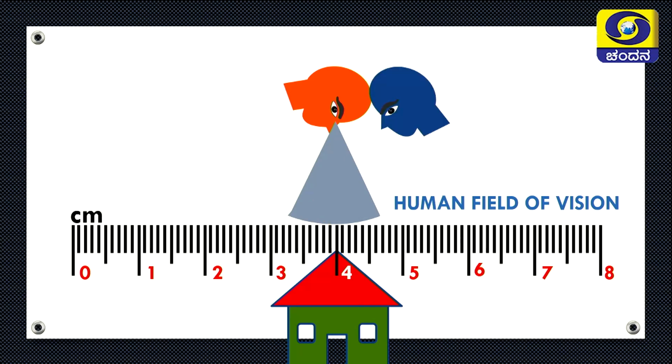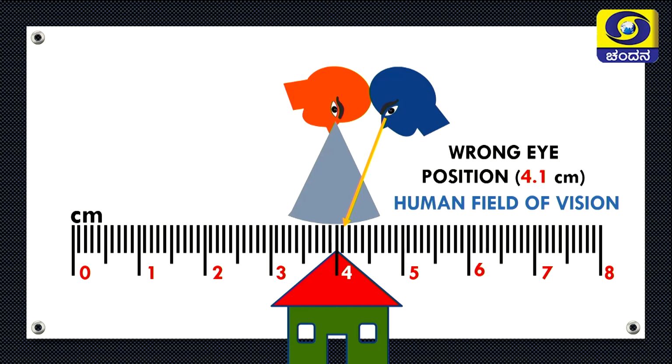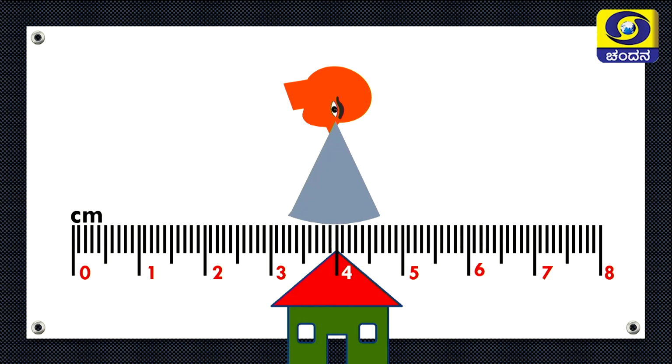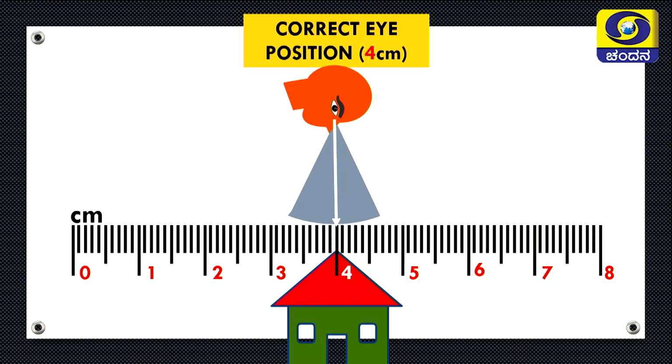See from this position, this is also wrong. If you see and measure from this position, you will read 4.1 centimeters. This is also wrong. Note that we can directly use the ruler, but to get the correct measure, the eye should be correctly positioned just vertically above the mark. Otherwise, the error can happen due to angular viewing. So, this is the correct position for reading a scale or ruler, that is 4 centimeters. Now you have understood the errors of reading a ruler and the correct position of reading a ruler also.